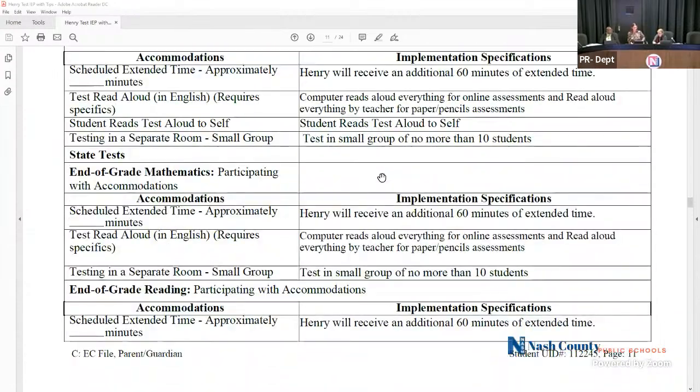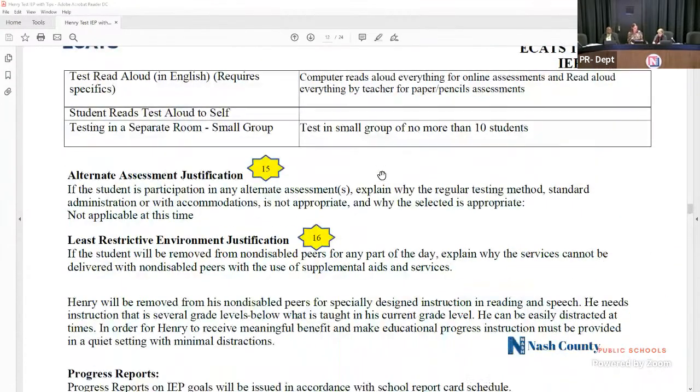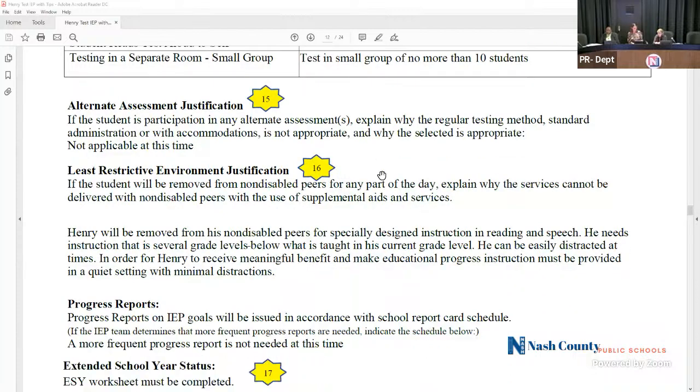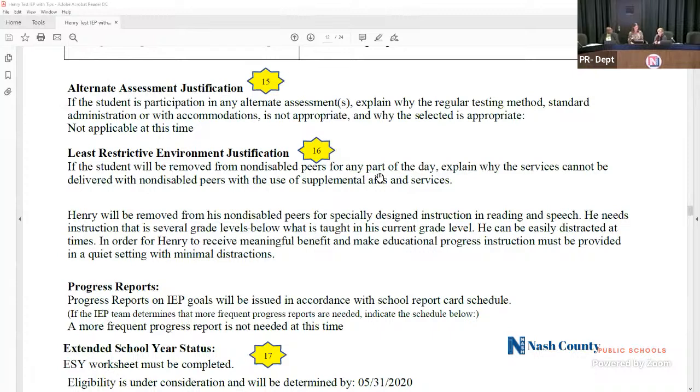And so this part of the IEP is the bold print where it says alternate assessment justification. This would only be completed for students for whom we had answered yes to that earlier question. So this is a part of the IEP where we're just required to explain why that student is not able to take the standard assessment. And so here is where it would explain what your child's deficits are and the significance of them,